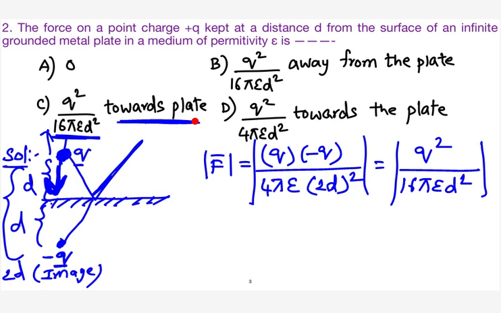Sir, questions? Yeah. But if we consider, like you said, from a point, there should be a 1 coulomb charge, right? Correct. So if we consider a grounded metal plate, this is electric field intensity. This is a force. Okay.